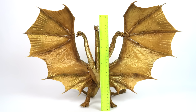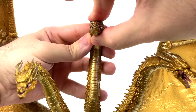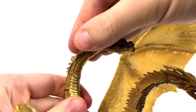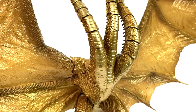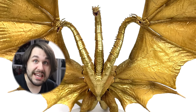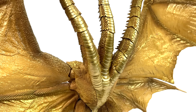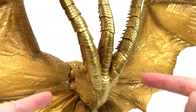King Ghidorah will be standing at over 12 inches tall, and you know what? We're gonna get right into articulation, because not too much has changed now, save for the tails going on a bit easier with the right amount of heat, and this right here. Now, why am I pointing at King Ghidorah's tits? Well, check this out. Unlike the original version of the figure, at the base of all three necks over here,